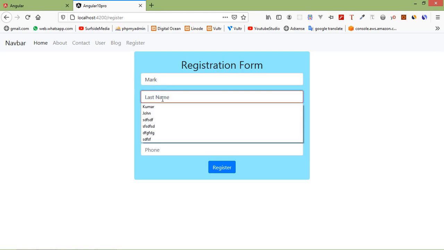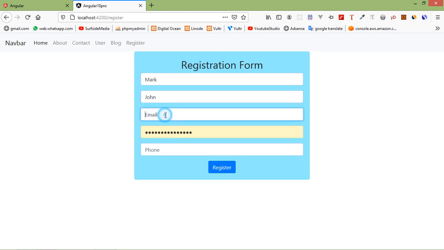Now enter the last name, let's say Mark John, and the email ID. If I add an invalid email ID like this, you can see the validation error.